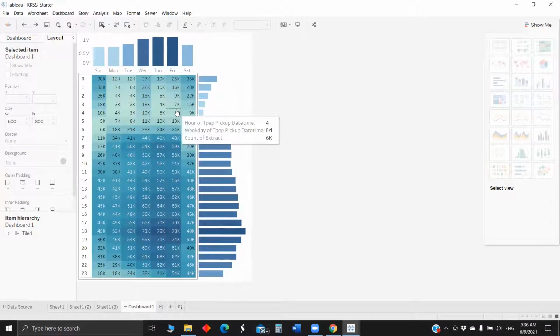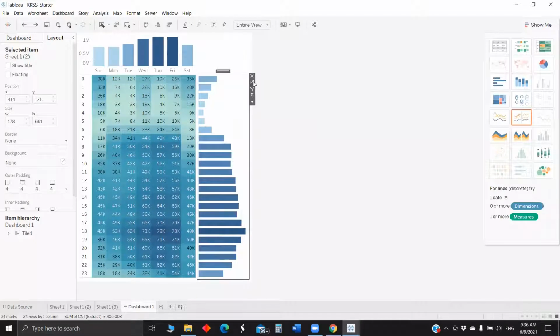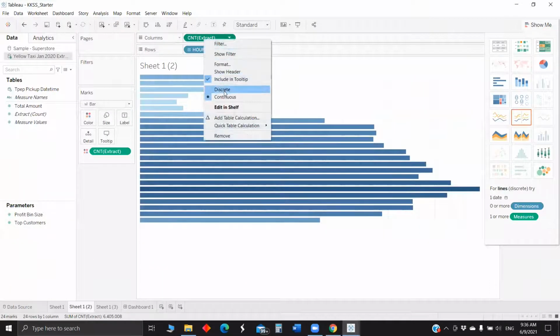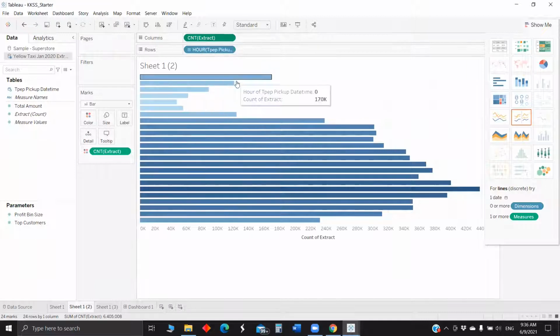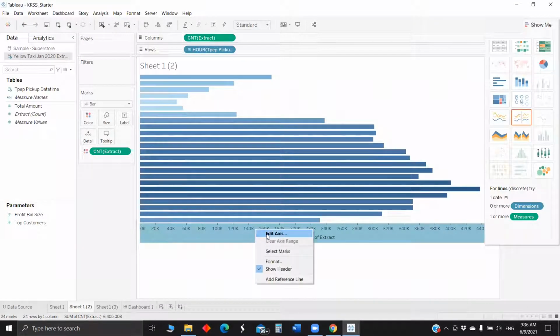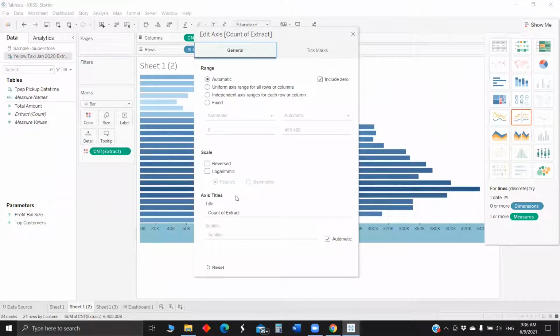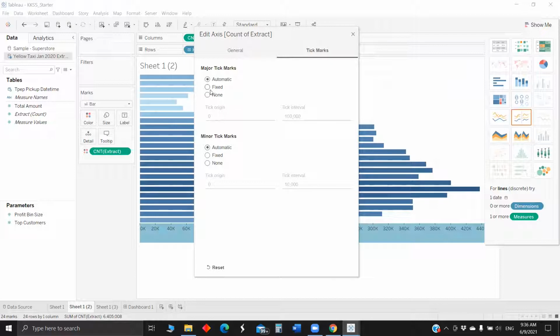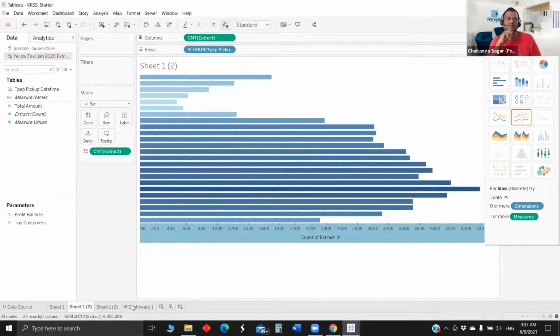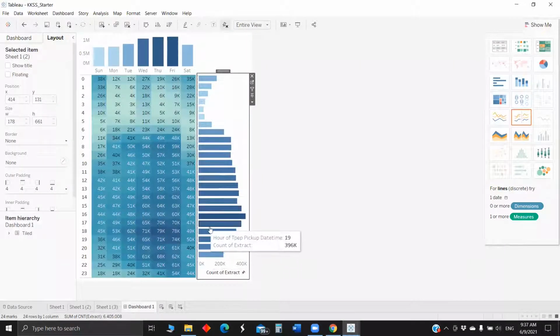Okay, and the scale of the top bar chart and the bottom bar chart are different, right? Hopefully, yeah. Wouldn't it be better if we actually had it equal? Yeah, that we can also do. If we can have dual axis for both of these or synchronize both. No, not dual axis. I think we have to just make the scale equal. Which two are you talking about, Sanjay? The top one and the right one, the two bar charts. Okay. We are combining similar kinds of data, but the scale is different, so we might not be able to compare those two.